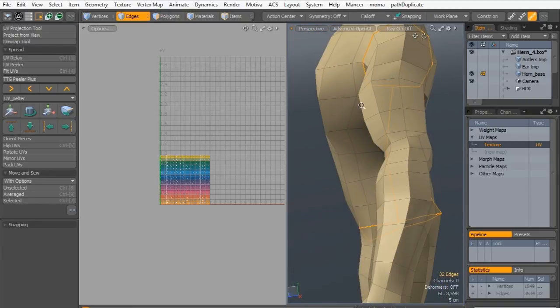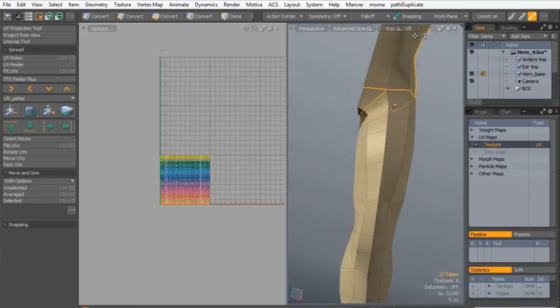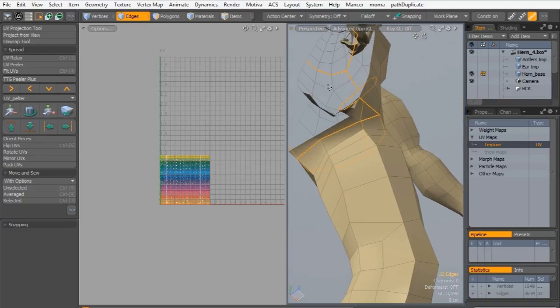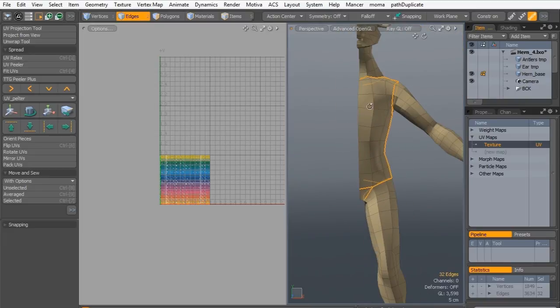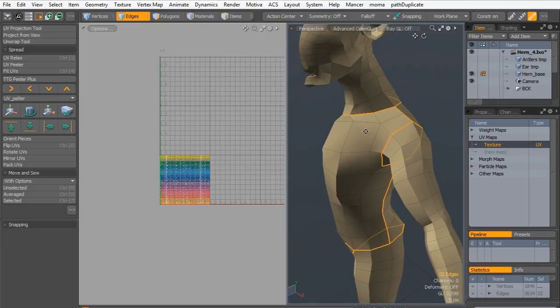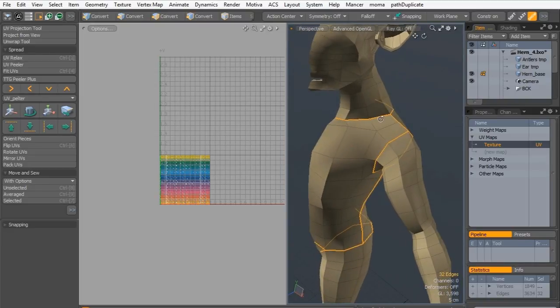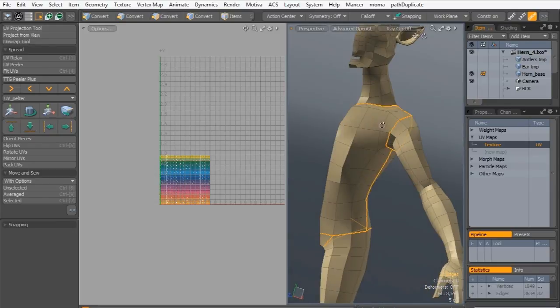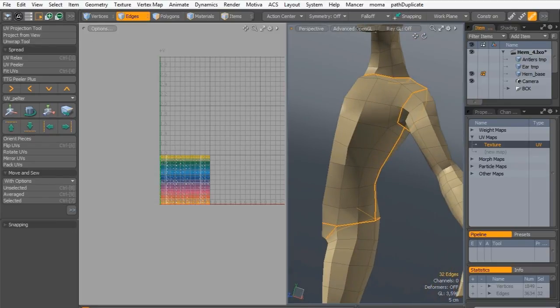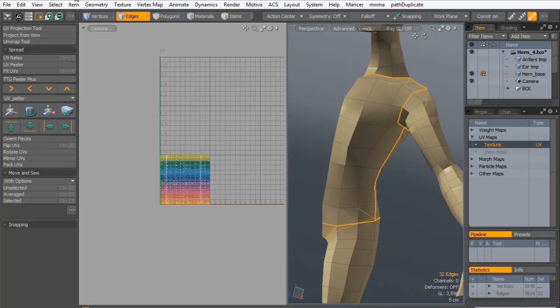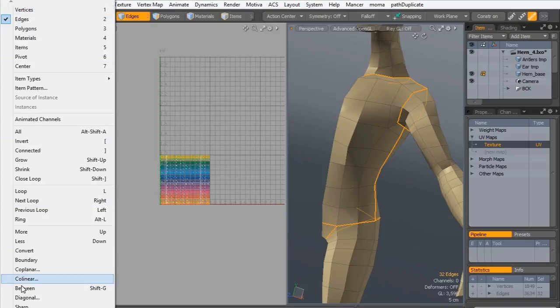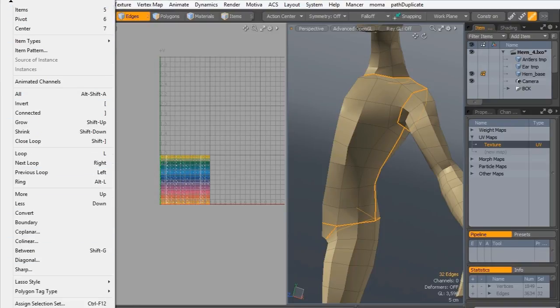So with these edges that we want selected, we can just go not geometry but edit, select, and now we can choose assign selection set. I got a map for the key, and you can choose assign selection set, give it a proper name, UV seam,